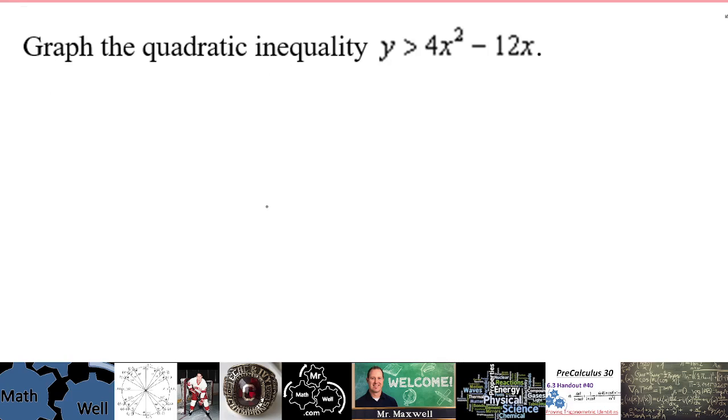Okay, so this other one says graph the inequality here. I'm just going to do a rough sketch here. There's a few pieces we need to know about, right? And some of you had questions about this. This kind of threw you off, saying, hey, there's no constant here. How am I supposed to factor a trinomial with no constant? Well,